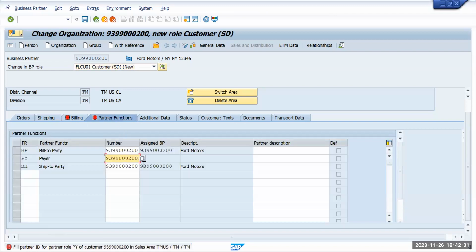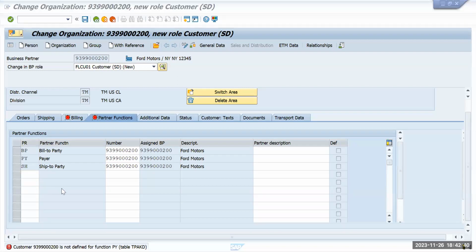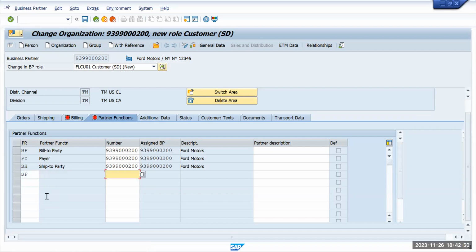So give this as partner one, and then also PP, SP, PY, and SH we have given. So SP is not there, so let's give SP standard. So give this. Okay, it is not defined in the table TPAKD. Okay,